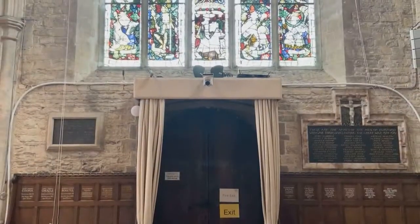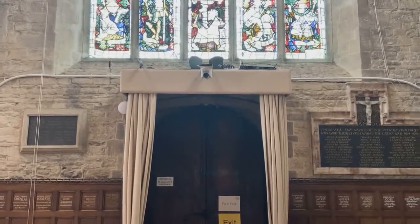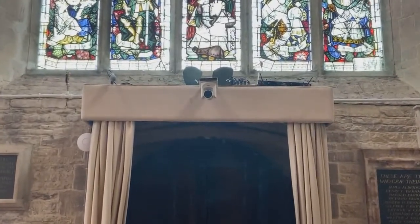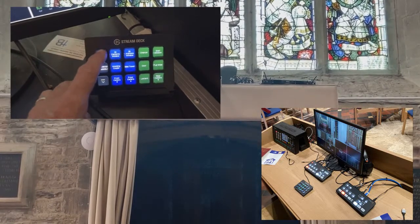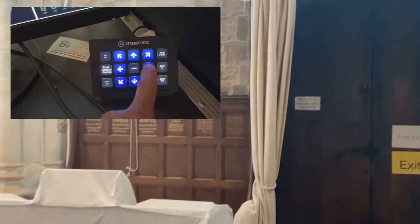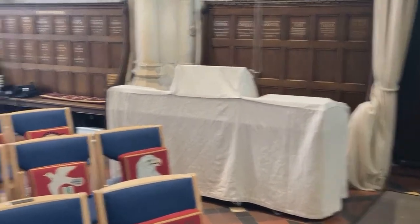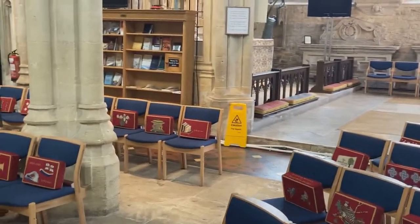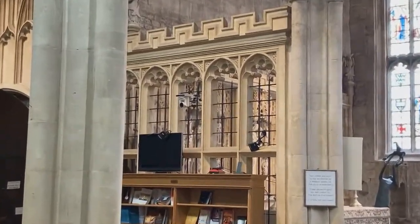In addition to the projection and sound systems, we also have a full streaming capability with 2 remote PTZ cameras controlled from a simple controller at the sound desk at the rear here, which the church had custom made in oak, nicely covered up at the moment. The second camera peeps through the stonework from the side chapel,